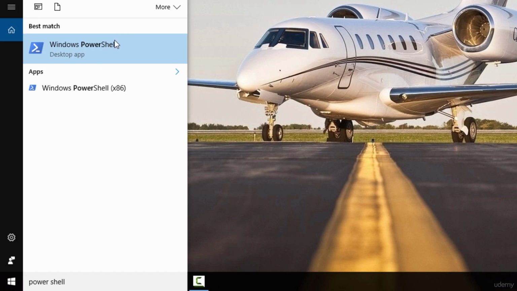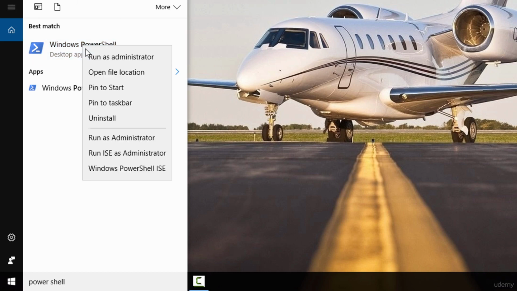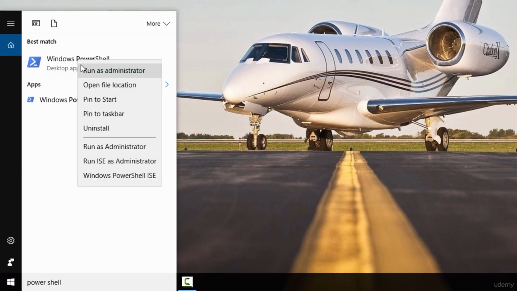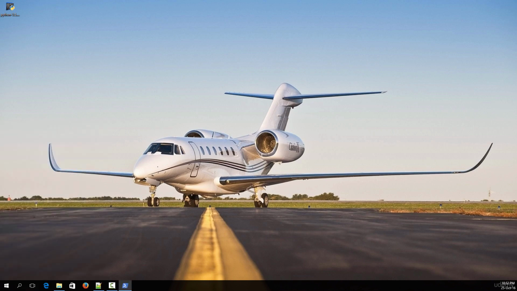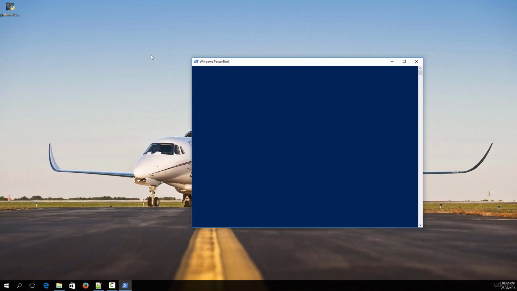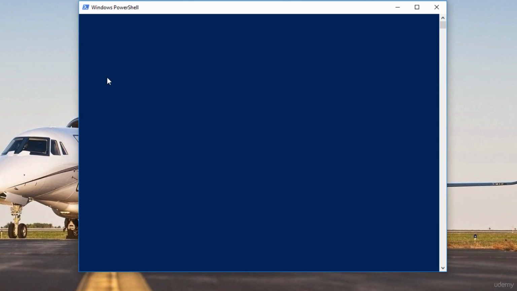So once you have PowerShell over here, simply right click over here and click on Run as Administrator. That's going to run PowerShell as an administrator, and make sure that you click yes, and that's actually going to load up a PowerShell over here. So this is similar to a terminal in a command line, and we are actually going to install Django using